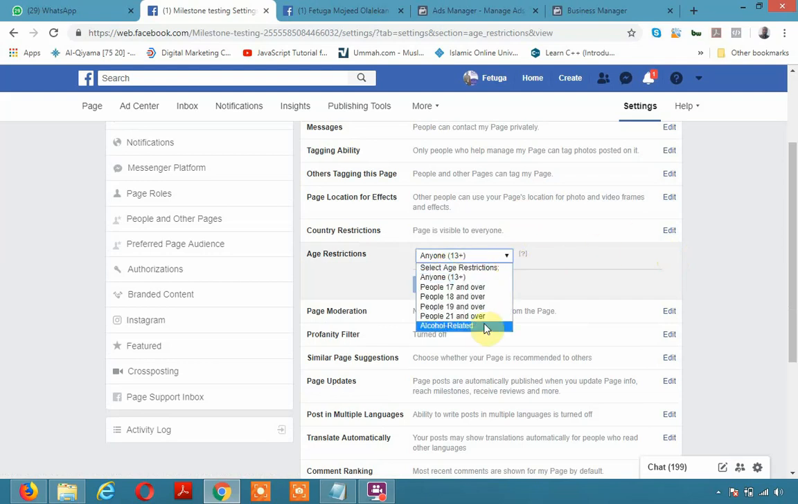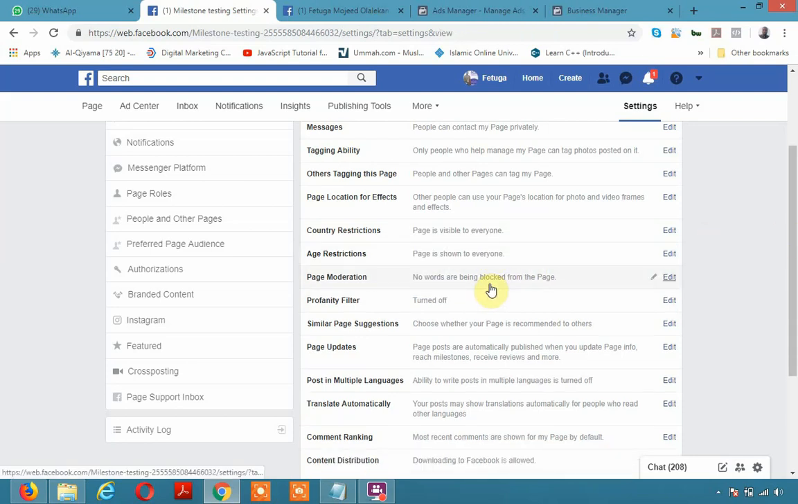So if you want it to be alcohol related, or if you are doing something adult like that, you can just select it. So it's not going to be shown to certain ages, so that Facebook will not be banning your post and what have you. Post